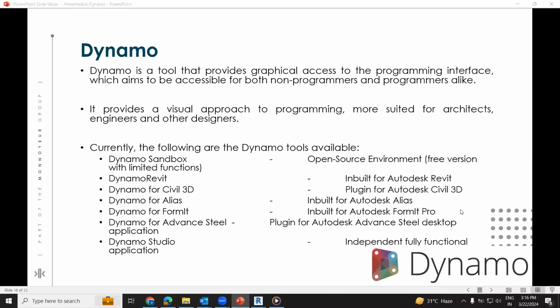Now we have Dynamo Revit. In previous versions, up to 2019, you had to download it from the website, dynamobim.org. But in the new versions, from 2020 onwards, Dynamo is now inbuilt, right? We also have Dynamo for Civil 3D if you are developing infrastructure,